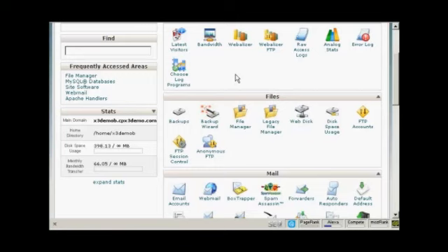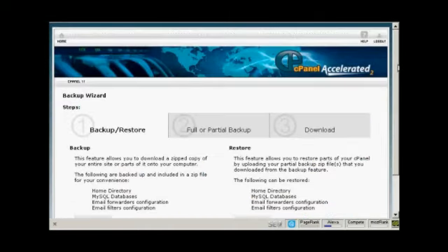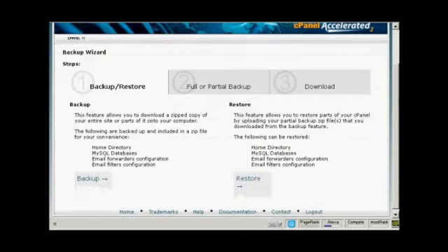Okay, in cPanel, come down here to where it says Files, and then click here on Backup Wizard. And it gives you the steps here. You can back up or restore. And what you want to back up are really the two things that you need for your WordPress blog to work: the home directory and the MySQL databases. The things like email forwarders configuration and email filters configuration are more to do with the actual running of your website. So we click on Backup,